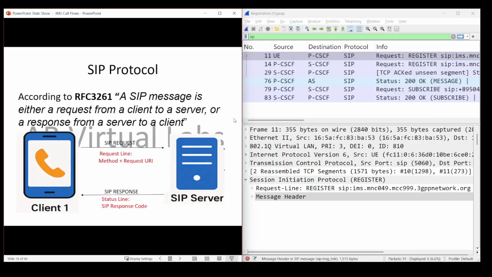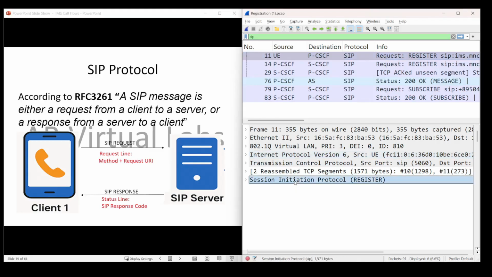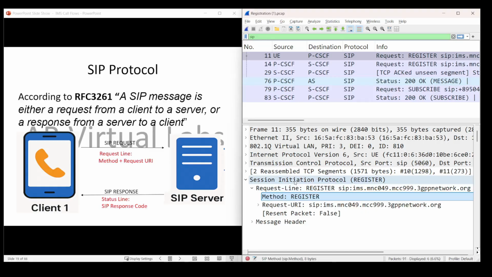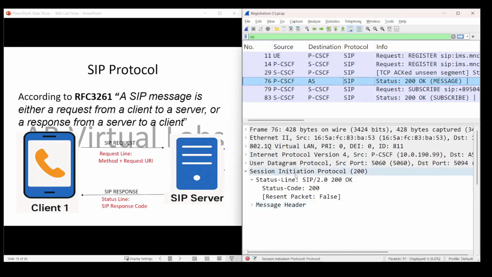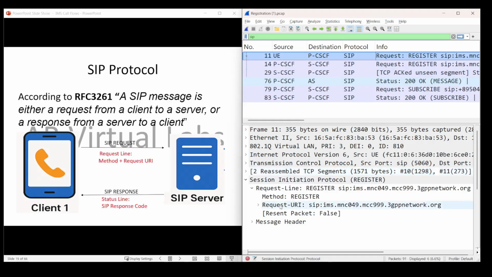So going ahead to Wireshark, you can see here on the right hand side, this is a SIP register request. This is its type. How is it identified that its type is a register request? You see inside the request line there is a method, there is a request URI. This is the identification. And if we go to this 200, we will see this is a status line, which mentions the SIP response code, that's 200. Also you can see here the request URI present in the request line after the method. Okay, so returning back,